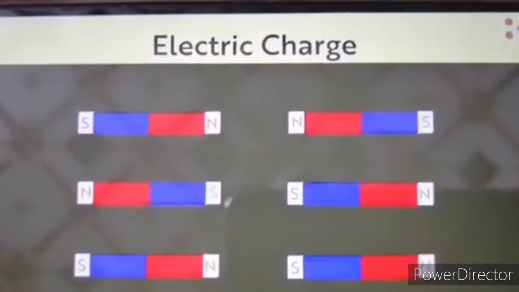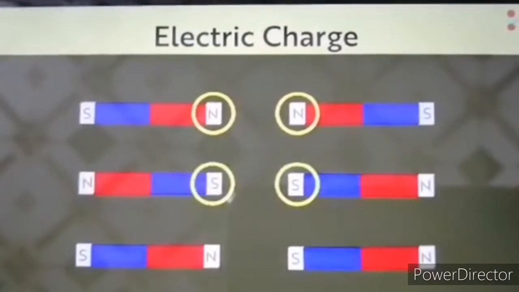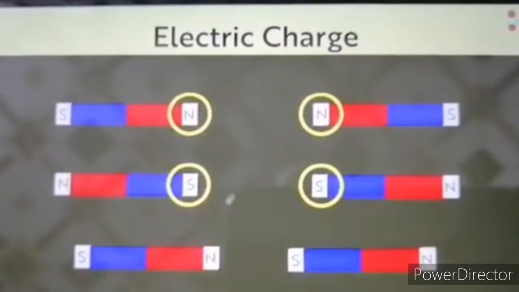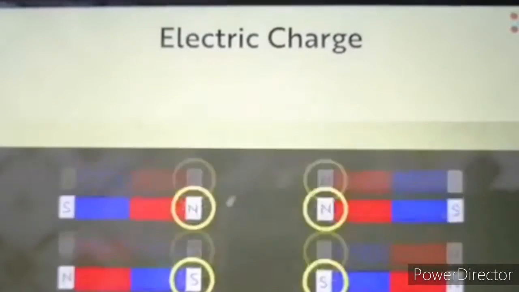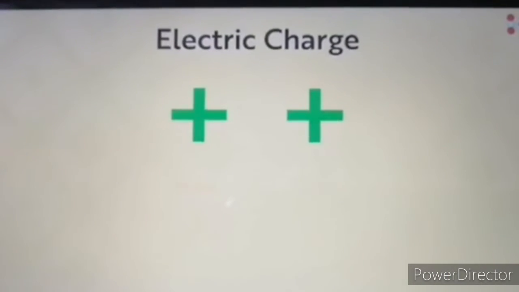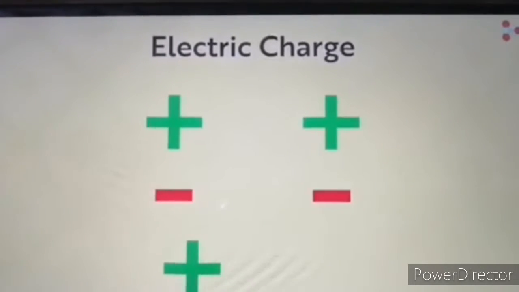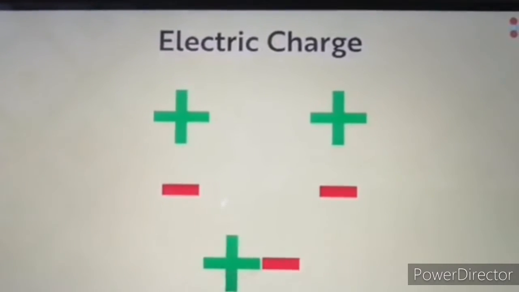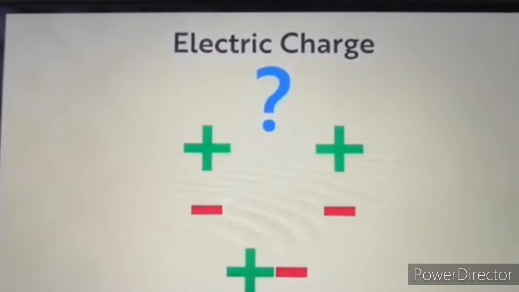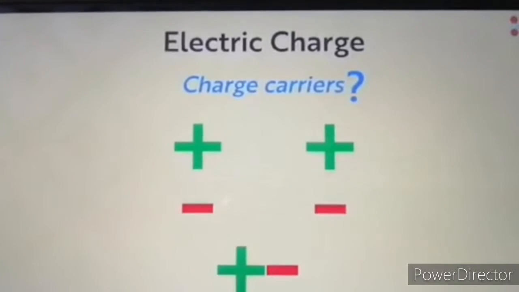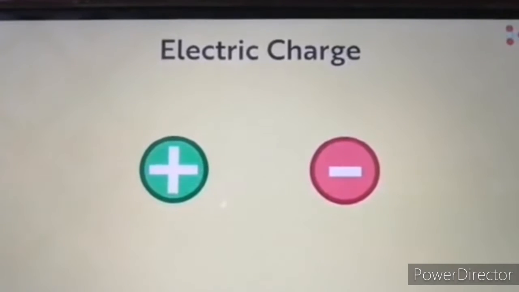The forces between these two charge carriers are similar to the forces between the poles of a magnet. Between two similar poles, north and north or south and south, there is always a force of repulsion, and two opposite poles of a magnet will attract each other. Similarly, two similar charges will repel each other, but between two opposite charges there is always an attraction. And why does this happen between positive charge carriers and negative charge carriers?